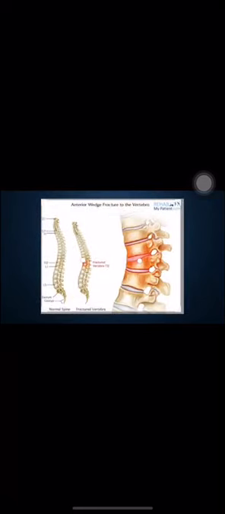This is a diagram which shows the wedging of the vertebra. A dot here shows the adjacent vertebra, which have a certain body size, and this is the body of the dotted vertebra size. This is a T12 vertebra which shows there is a wedging. The basic pathology